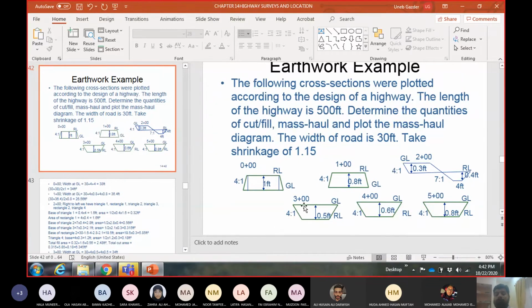Yeah. So I will jump to station 3 now. At station 3, 4, 5, ground level is high, road level is low. So now we are calculating the cut quantity. So the first two were fill quantities. Now the last three are cut quantities. Okay, and station 2 will have both. So let me calculate the cut quantity. Yes, station 3. But you can see the shape is same. So the area calculation will be the same, but instead of calling it fill, I will count it as cut quantity. Okay, but the procedure is same.